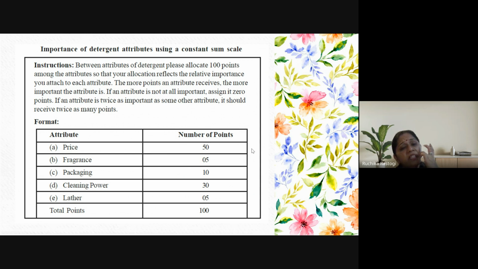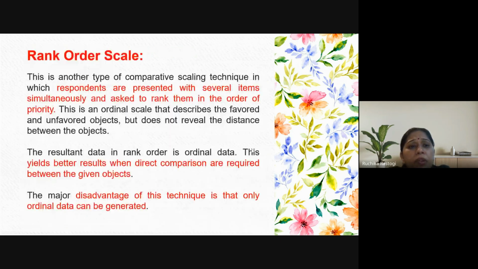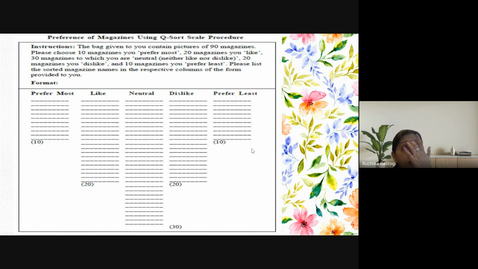So these kinds of surveys give power to the companies and even to the researchers whenever they are about to make a comparison between the characteristics of two brands. So till now, I think I was able to justify these three: paired comparison, ranking order, and constant sum scale. Now, there is one more scale used by people, which is called the Q-sort scale. First of all, let me give one example in front of you, and then we will go to the definition.